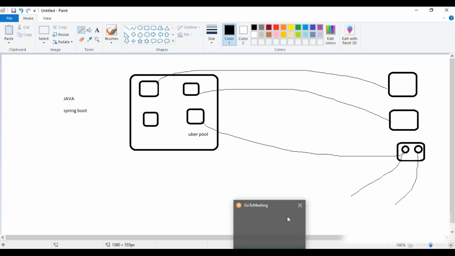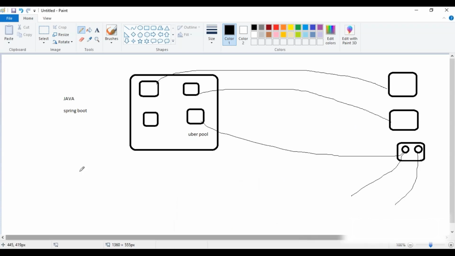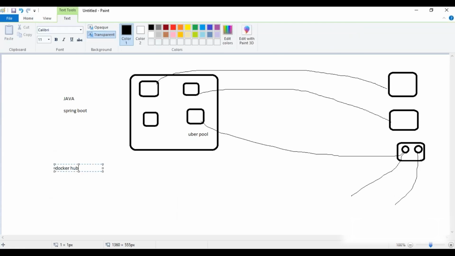Okay, so the remaining options inside that website or app will function as they are. Got it? And the second feature is that it contains a Docker Hub, which means you are going to get a lot of images. When we are talking about the Docker engine, we have another concept called Docker Hub.